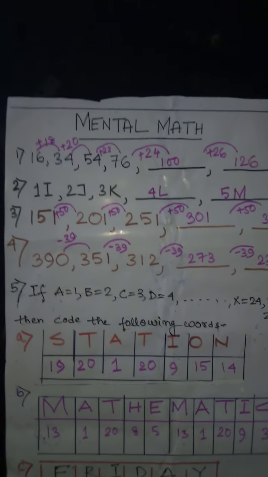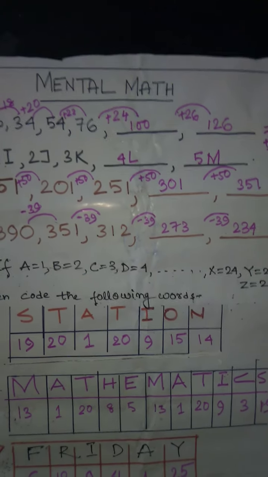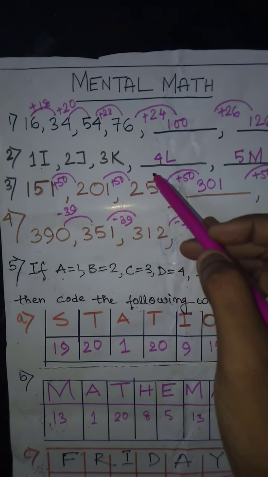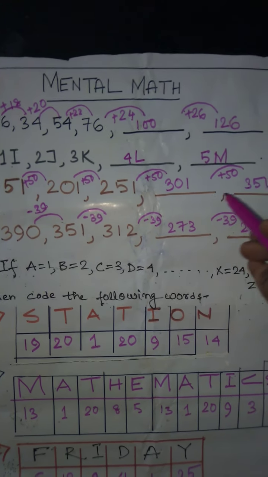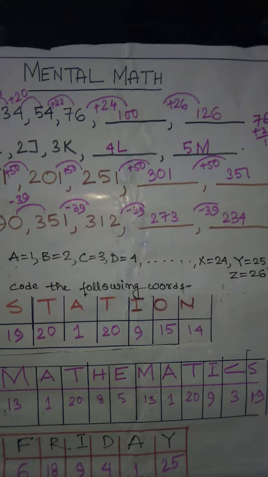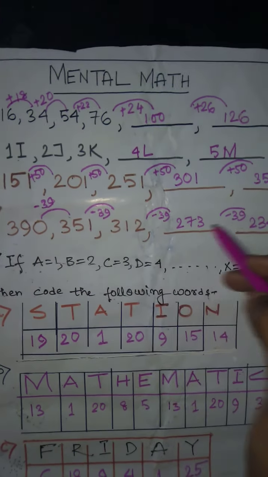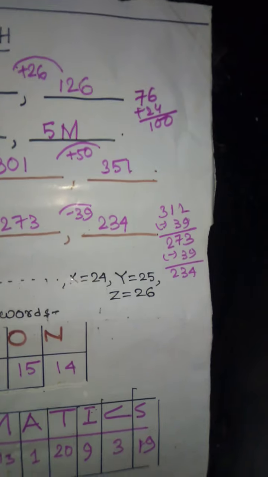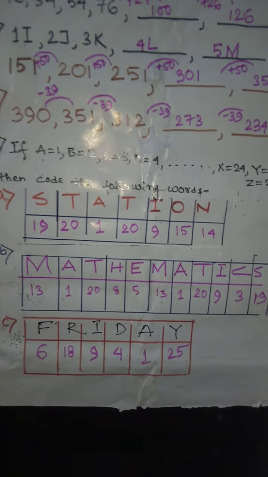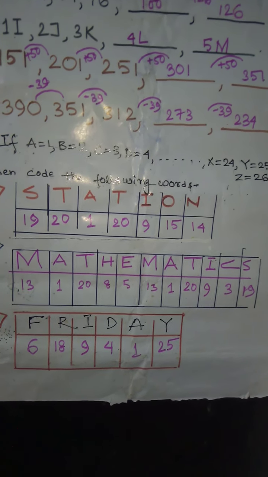First we learnt about an increasing pattern, which was increasing as we were succeeding more. Then we learnt about a numerical and alphabet pattern. Then finally an increasing pattern with an increment of 50 at each step. Then a decreasing pattern with a decrement of 39. Decrement means getting reduced. These are the two calculations that we have done. Finally for coding, we have coded these three words. You can finally see that they are coded like this.